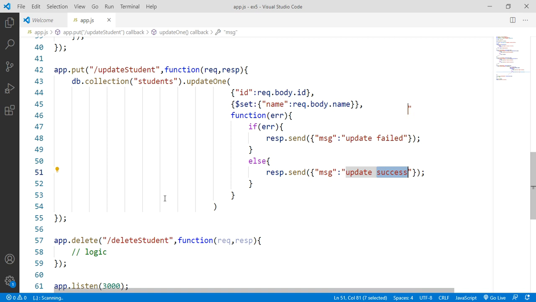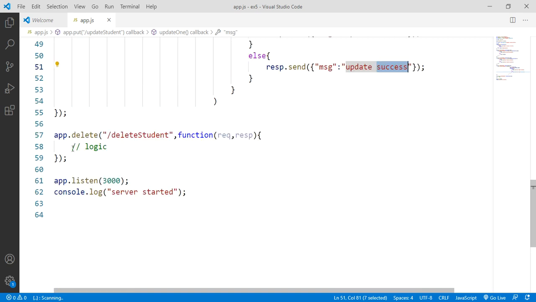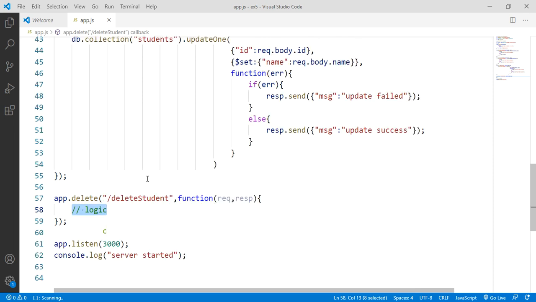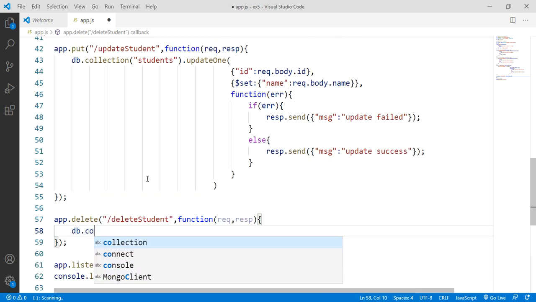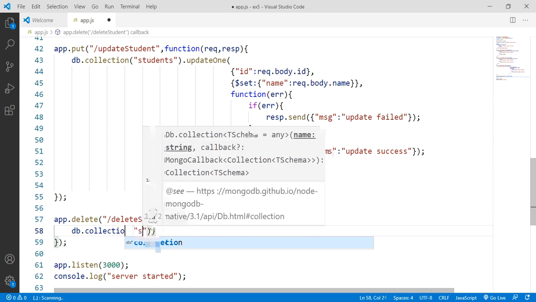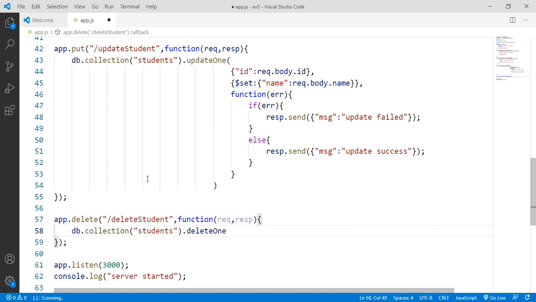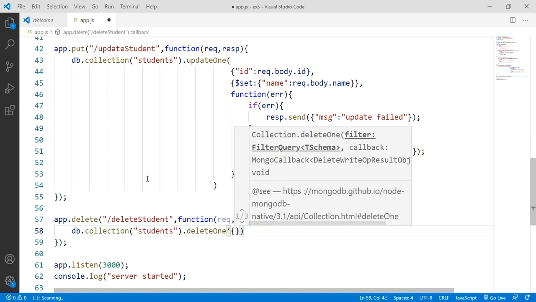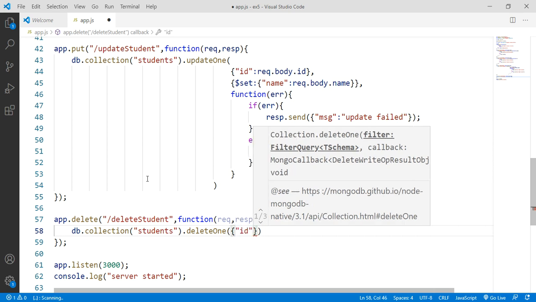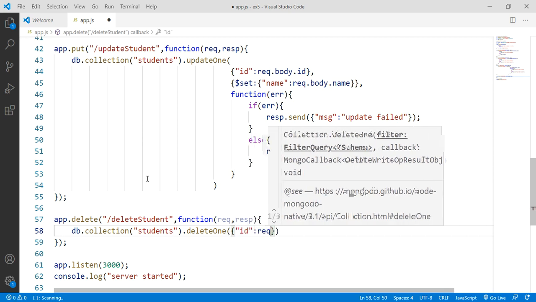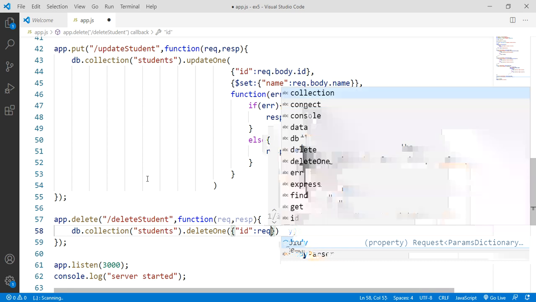Sir, how are you going to work with the delete one? Very simple. Let me show you. db.collection. What type of collection? What is the collection name, sir? Students.deleteOne, expecting the identification value, not one, request.body.id.